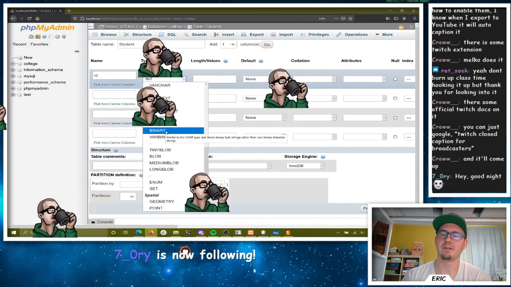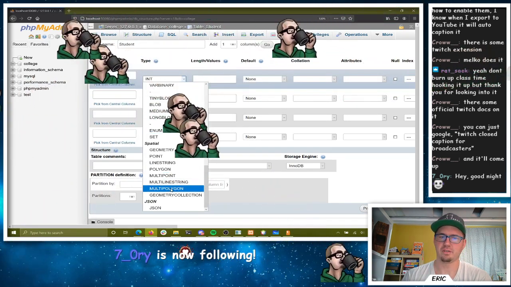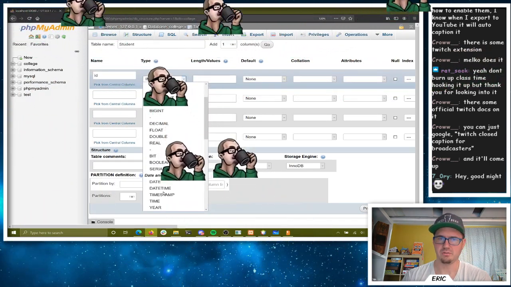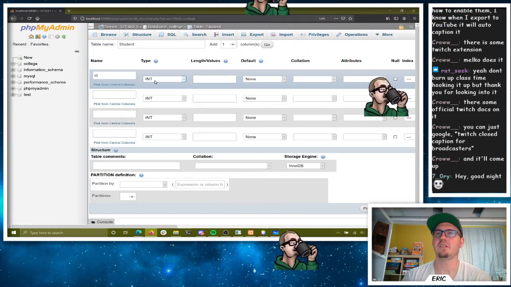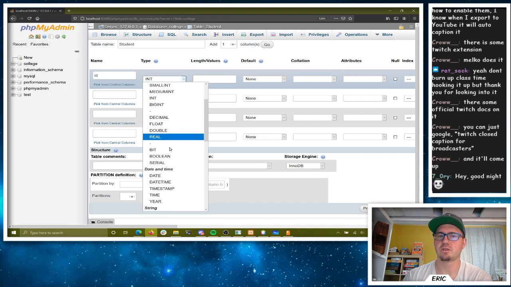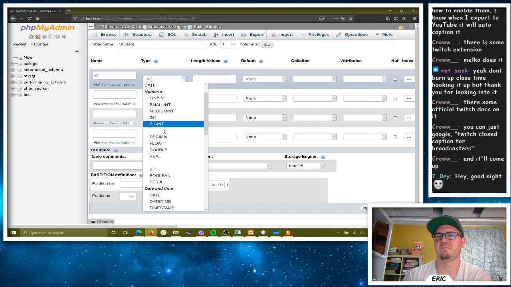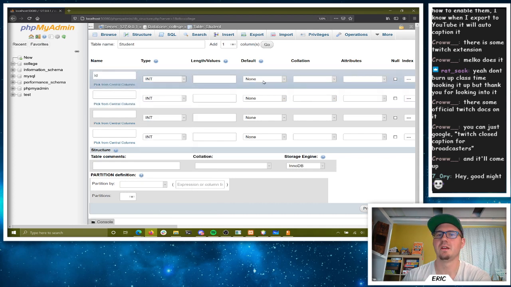We'll work with binary data later. All sorts of other fun types. JSON's fun too. But for now, int. So in integer, again, we're not going to have more than 2 billion of these, so I'm not worried. You can make it a big integer if you need to. But for now, int is probably pretty fine. And